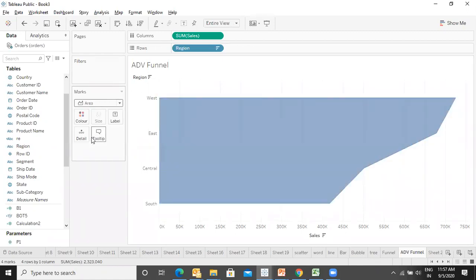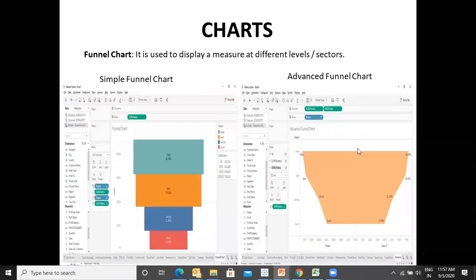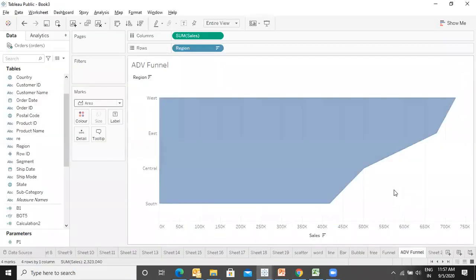Now look at this shape and look at the one which I am showing in the PPT. Does it look like a half of this? Yes. Now we need to create the second half of it. This is 0, it is starting from 0. Before 0, that means negative. So I have to create a calculated field.